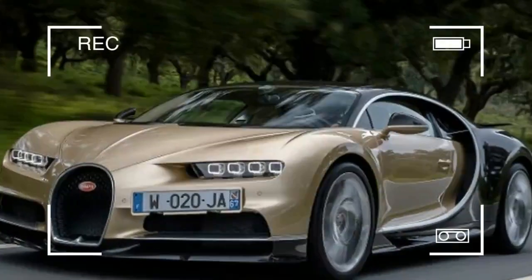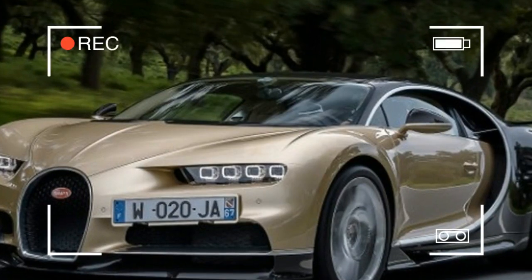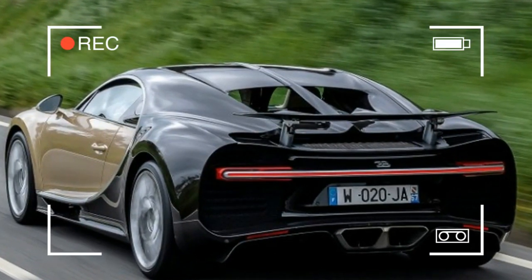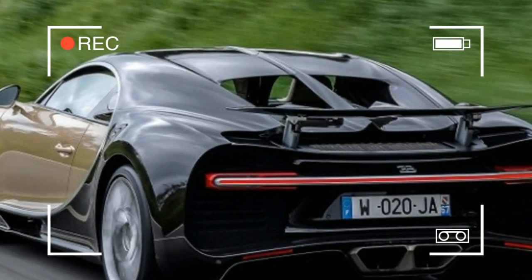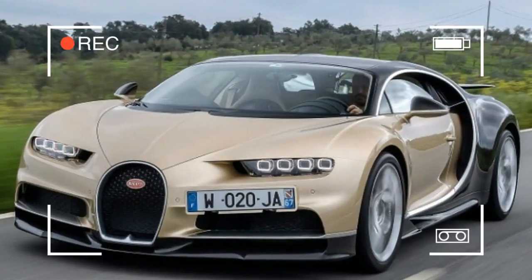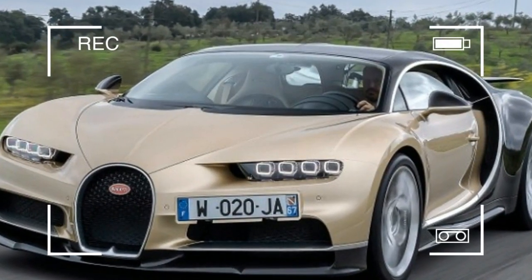Fast doesn't begin to describe it. 2017 Bugatti Chiron. Long after the heat of the moment, I pull off the highway in rural Portugal and glance at the Bugatti Chiron center console. As the engine cools and the carbon-silicon carbide brake rotors start to dissipate heat, the onboard computer's telemetry reveals some